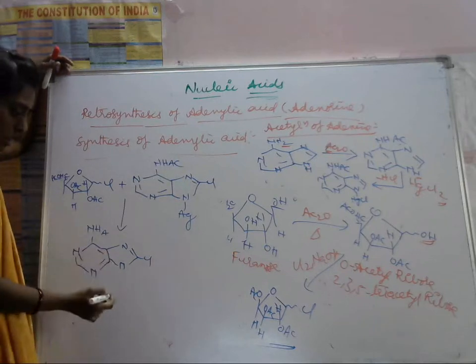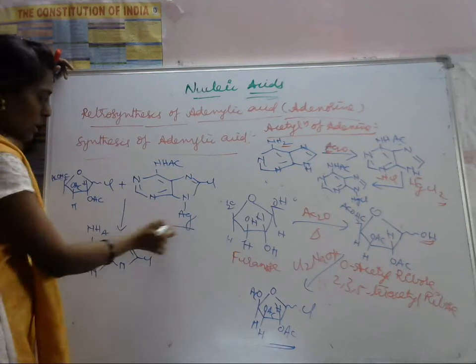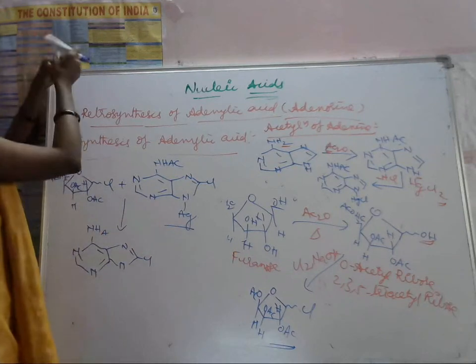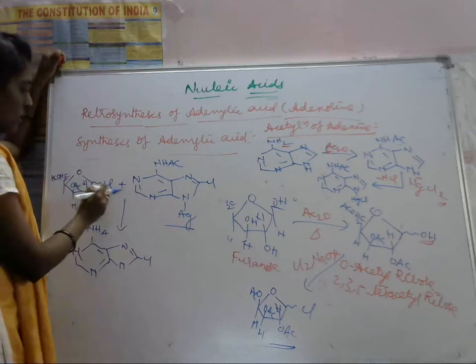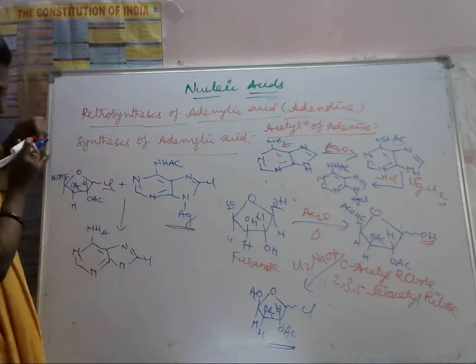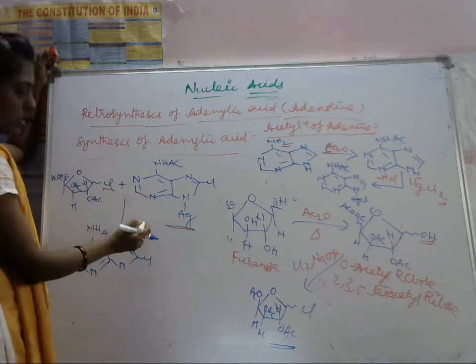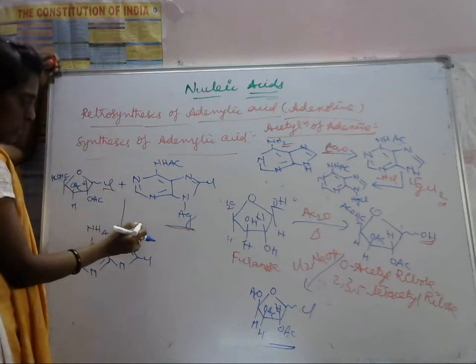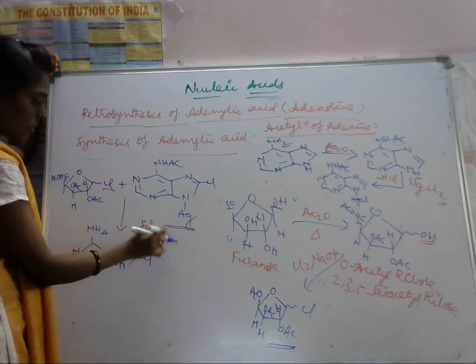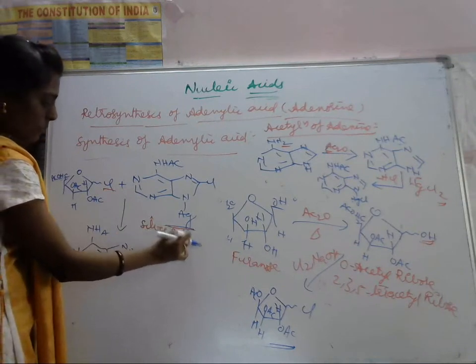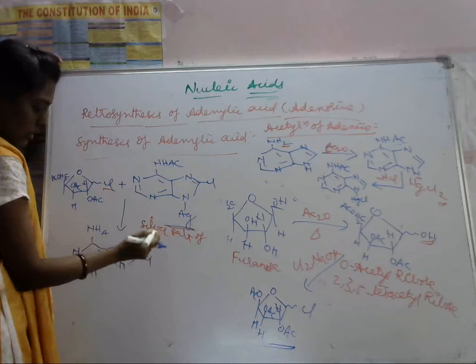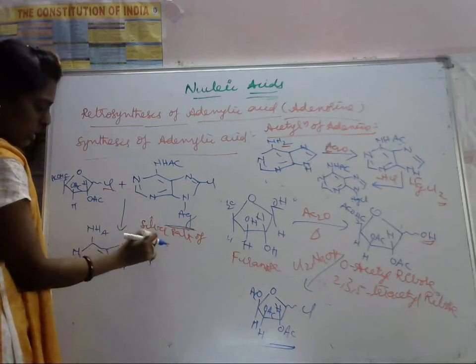Next it will remove Ag and Cl as AgCl. This is a silver salt of adenine, N-acetyl